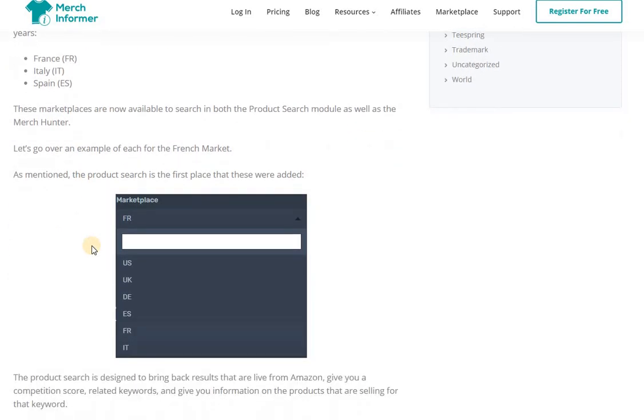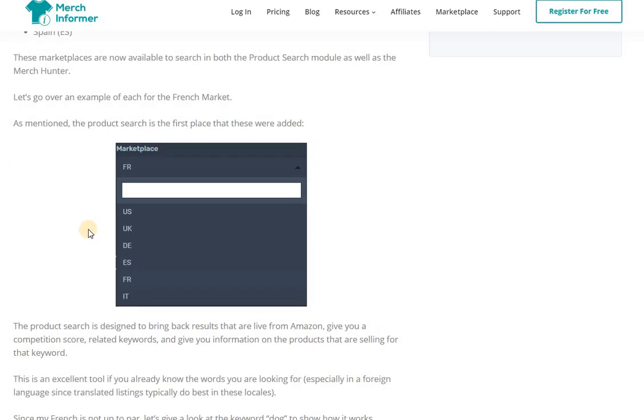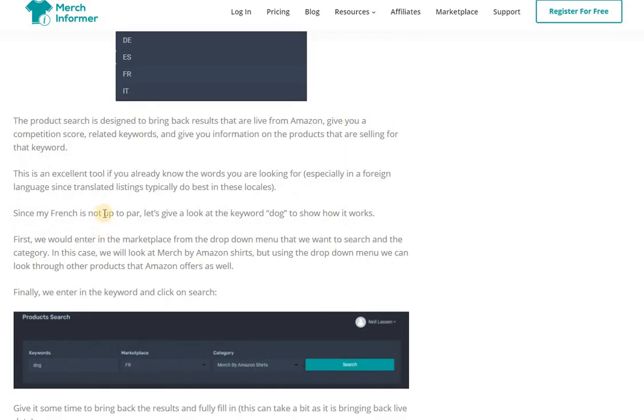So this is basically what it would look like if you were to go into Merch Informer Pro and start doing some research. Again, I won't go into a lot of detail, but they're saying even though everybody is doing most of their research for the .com, the US marketplace, there's just so much missed opportunity in all the other marketplaces where it's not as, I don't want to say competitive. It definitely is competitive, but for example, it's not saturated with the same niches,